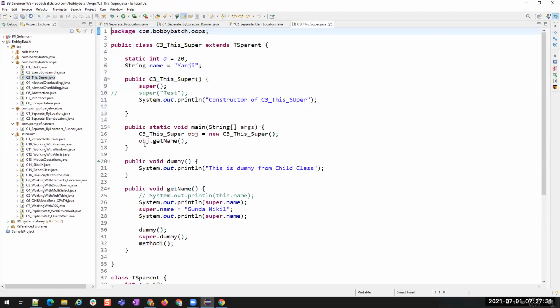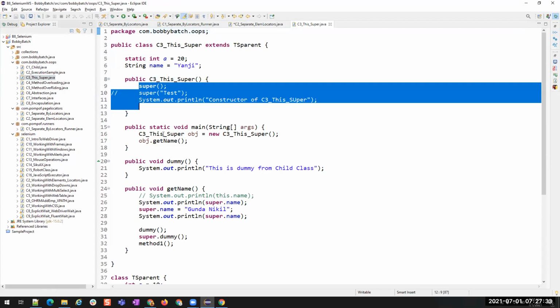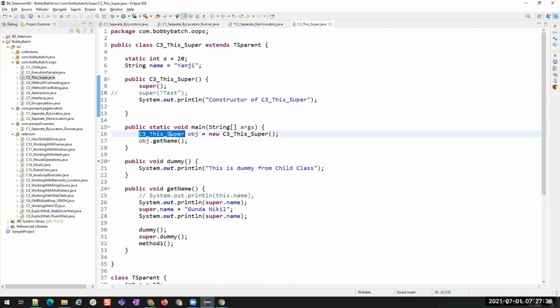Fine. This is the class where we discussed the super and this keywords.